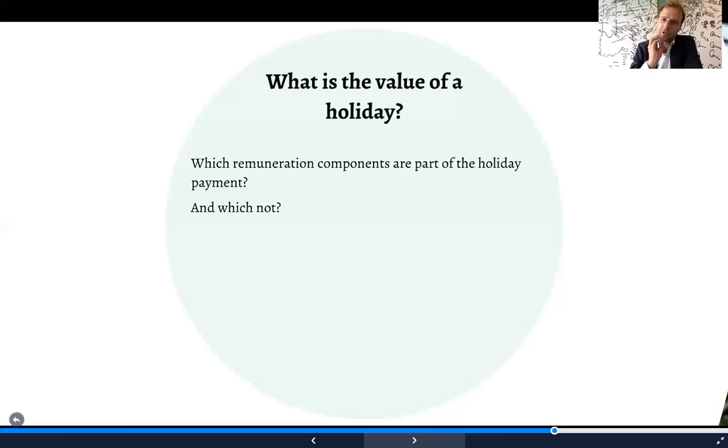The first couple of cases were decided in favor of the employees, but the last 3 cases were decided in favor of the employers, which means that there's now a shifting tendency towards the result that the employer's part of the pension contribution does not form part of the value of a vacation day for employees. And overtime is in principle not part of a vacation day,